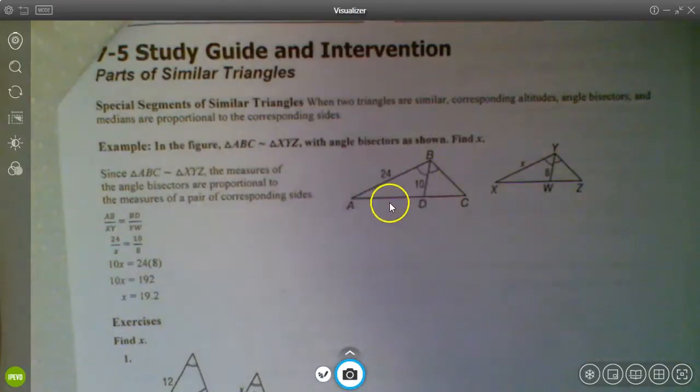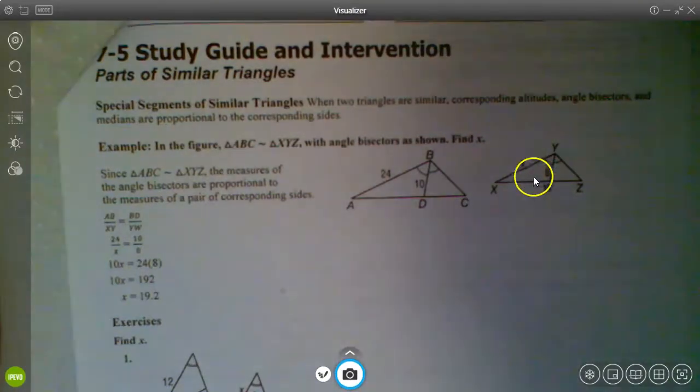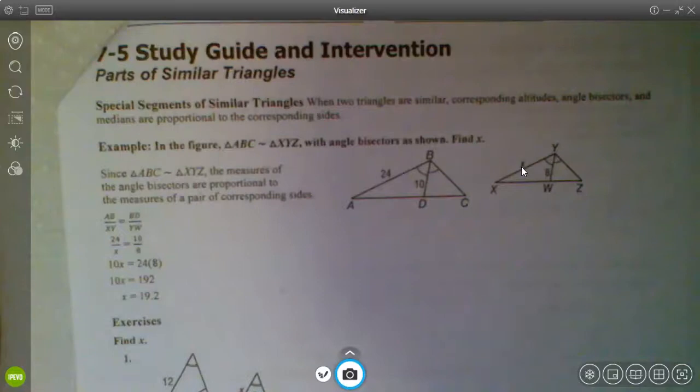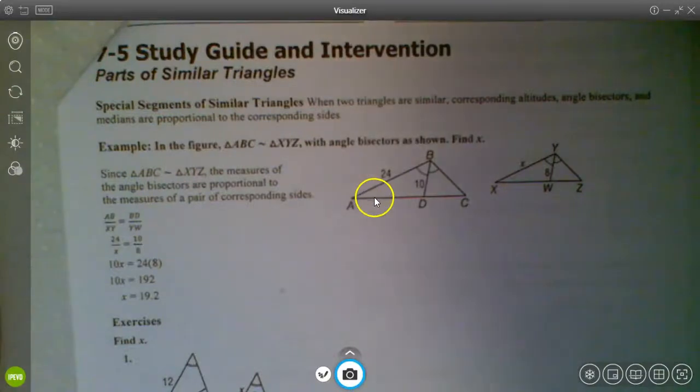So what they're telling us within this first example is that this triangle is similar to this triangle. Right, so again, they're proportional. So all we have to do to solve for x, which is this guy, is simply match up their corresponding parts and set up a proportion. What they're telling you with this rule is when you match up their corresponding parts, you're allowed to use things